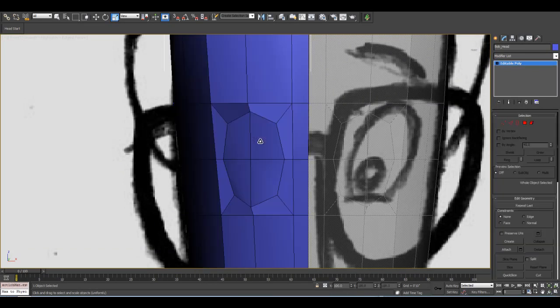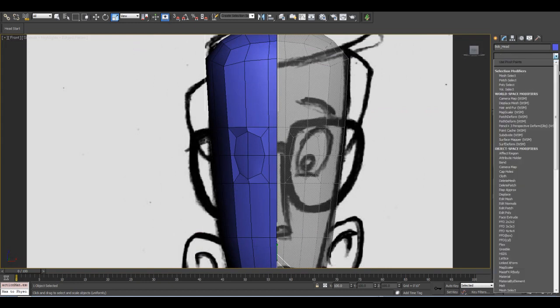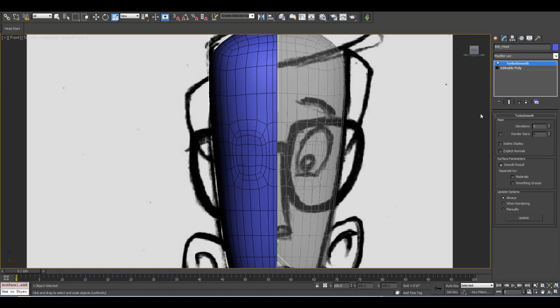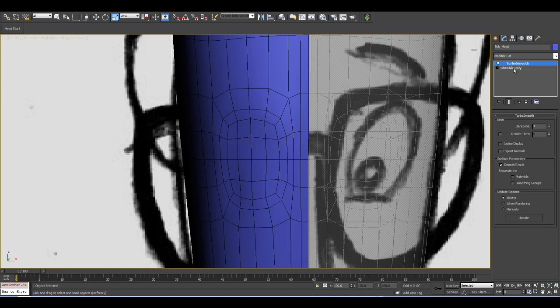And ultimately I'm going to use Turbo Smooth to subdivide this mesh. So I can add Turbo Smooth at this point. And you can see the result here from scaling the corners together. It rounds out this section here. So if I go back to Editable Poly,